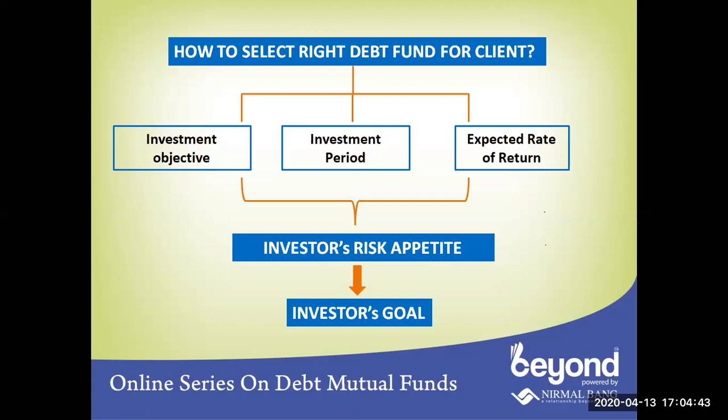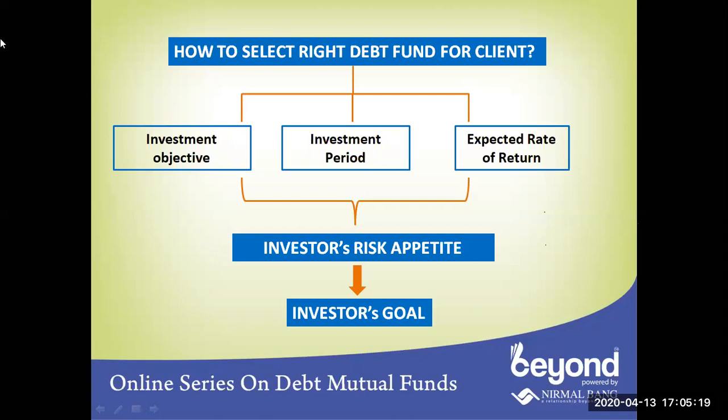invest in debt mutual funds, but he wants only kind of 7 to 8% returns. He is like, okay, I want a 7 to 8% pre-tax return and I am okay with that. While the other client might ask for 9% or nine and a half percent returns. So this kind of variation, 7 to 8% to 9% or 9.5%, we can understand in debt mutual funds.